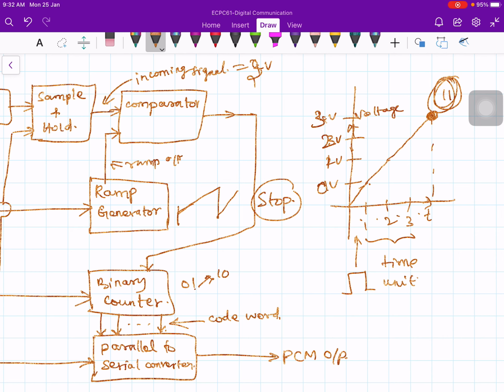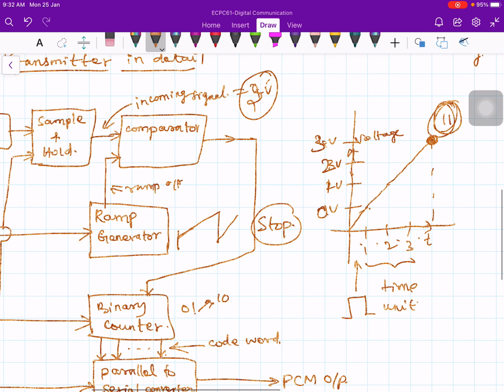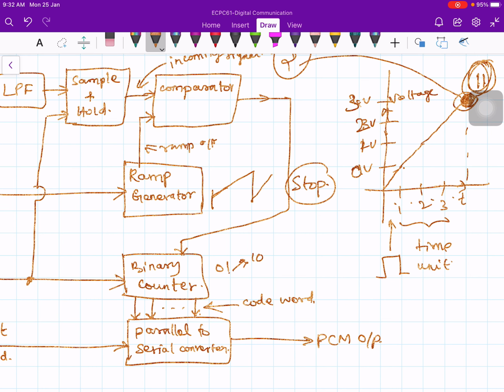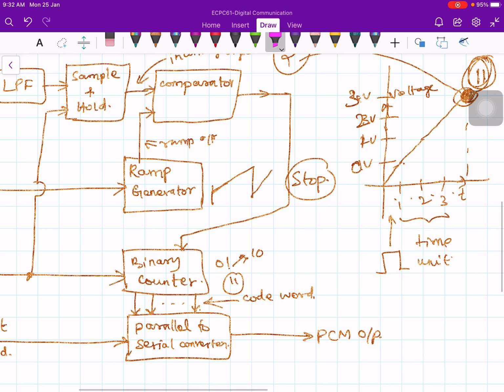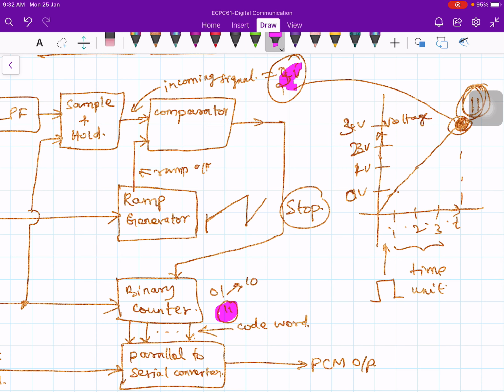This level to which the ramp has reached also represents the level of the input signal. My input signal is 3 volts, and this 3 volts is represented by this point, and this point is equivalent to 1, 1. That 1, 1 is achieved through this binary counter, and therefore this 1, 1 becomes the binary representation of the sampled value. So this 1, 1 becomes a binary representation of a quantized signal, and this binary representation